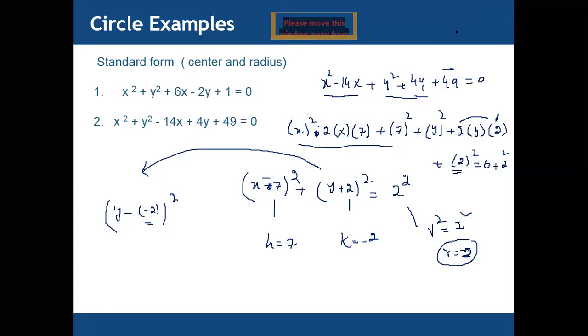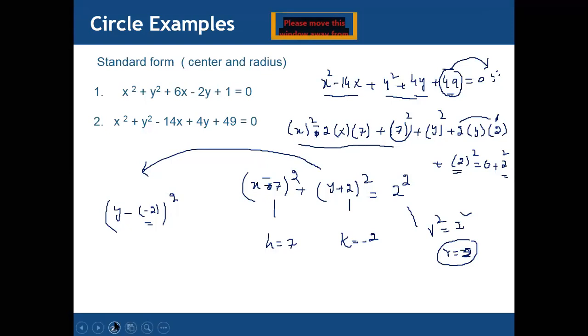No, 49 is not the equation. Actually, 49 is a part of first formula. We replace 49 by 7 square. You can see here 7 square. 7 square is equal to 49. If we have a number which is not a perfect square, like if we have 50 here, then we will transfer to another side. So anything in left, it will be the radius equation. It will be the radius, length, or magnitude of radius. Clear?